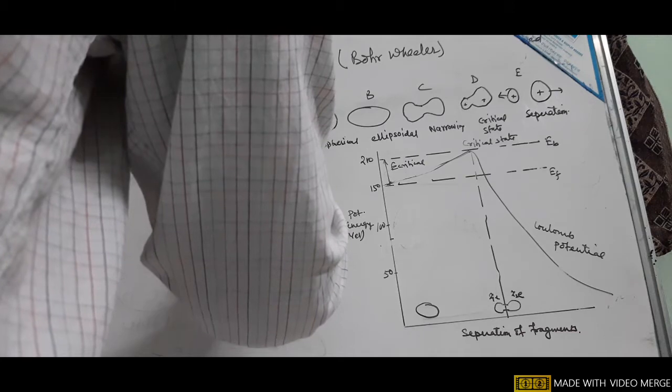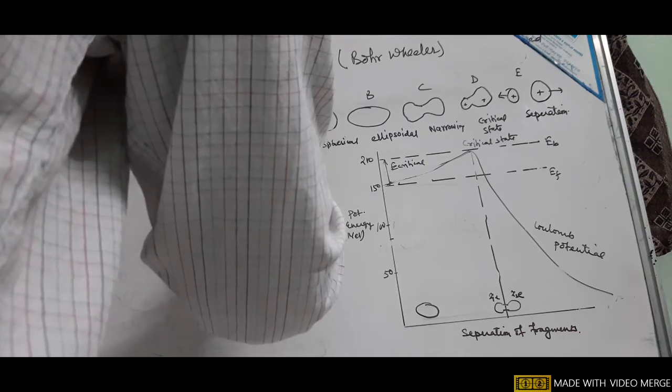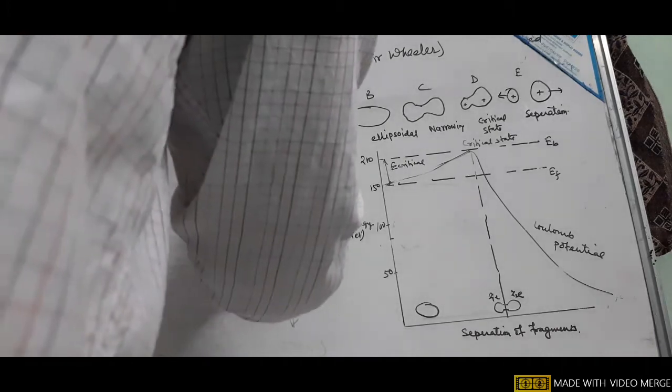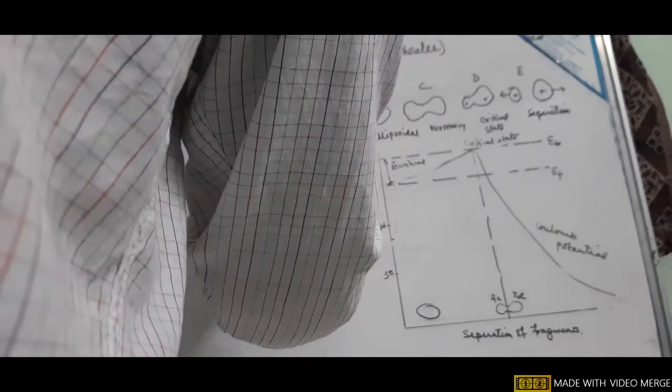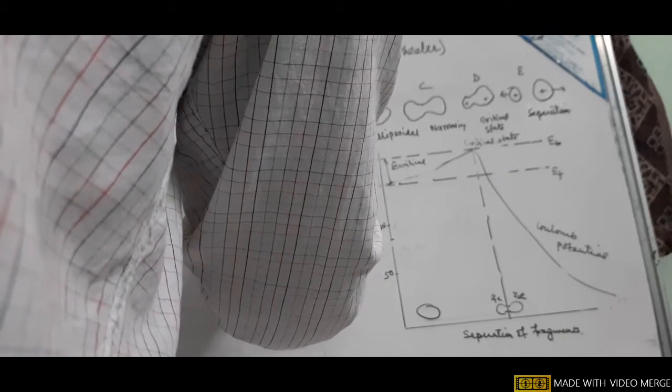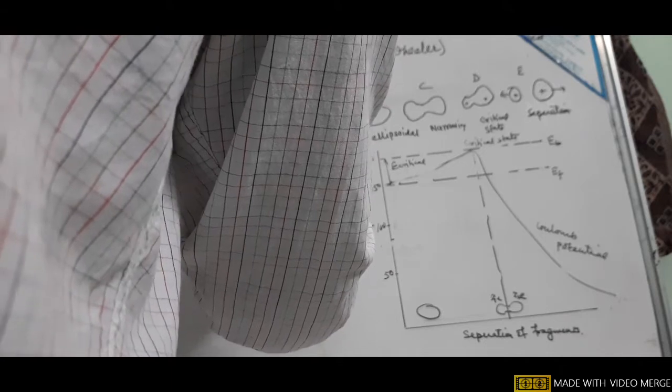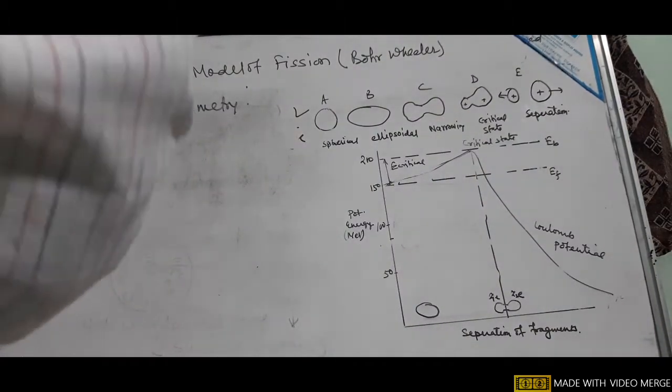When it is deformed here, it is d theta. Earlier for the sphere it was r; now when it is being deformed, this is your r, and this r is a function of the angle theta. So I am writing that the deformation is a function of theta, so r(theta) equal to